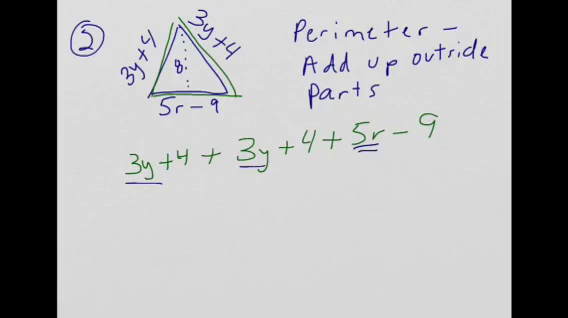So what we want to do is look for the one that starts alphabetically. So let's start with our r's. It's going to be 5r plus 6y, and then we're going to go ahead and collect up our like term constants. So that's going to be 4 plus 4 is 8, plus a negative 9 is going to be minus 1,